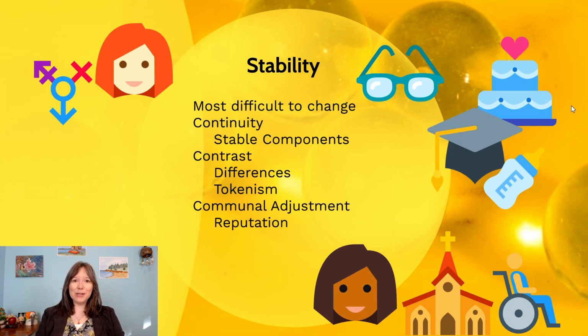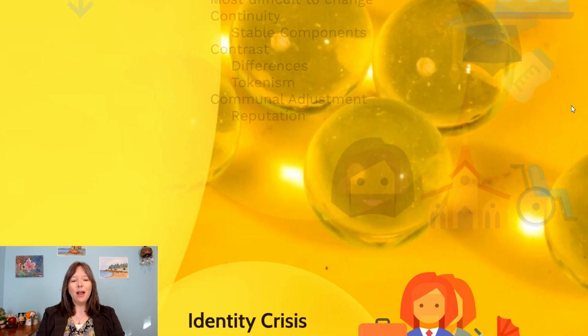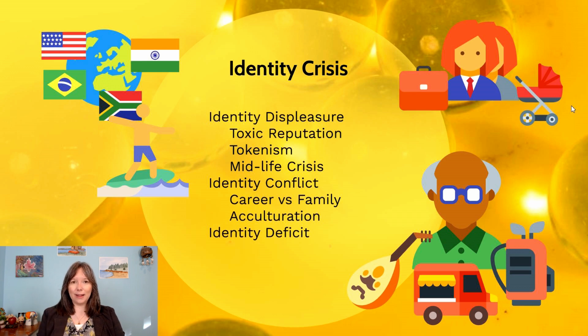Now, despite some of these public rituals and despite some of our best efforts, sometimes these things just don't go the way we desire, and we end up in what's called an identity crisis. Identity crisis is usually a problem with what is in our external facing social reputation. And this can include things such as identity displeasure. This is the idea that we're not happy with what's in our reputation. This might be a very toxic reputation. There was a bad rumor about us, people are judging us maliciously, or there's this unfair component to ourselves that they've made public, or maybe a very private part of ourselves we didn't want to see public became public.